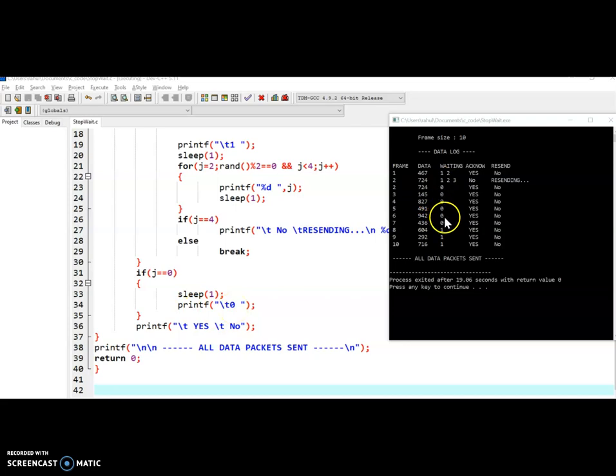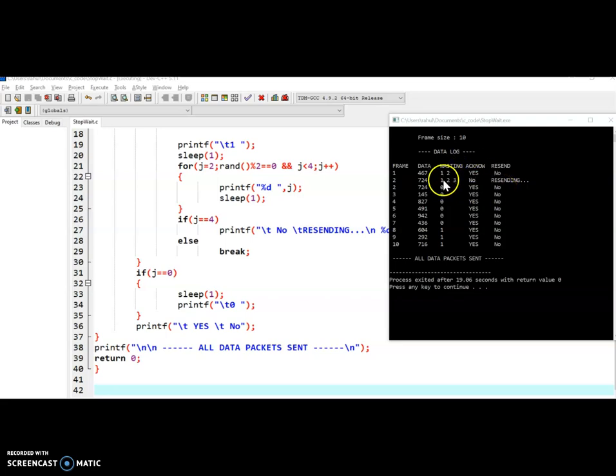We are going to print the 0 value here, then printf \t yes and no. That means if it quits from that timer value, the acknowledgement is received: yes, resend: no, right?